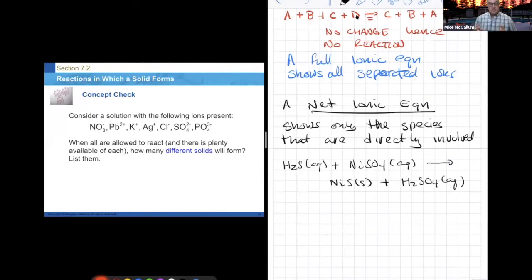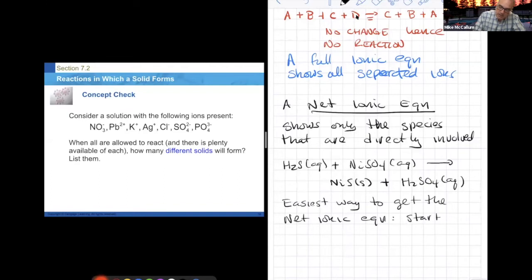Well, there's two ways we can figure out what the net ionic equation is. One way is to look at both sides of the equation, find everything that's aqueous and separate it, and then eliminate things that are on both sides, right? That's one way. There's an easier way. The easiest way to get the net ionic equation